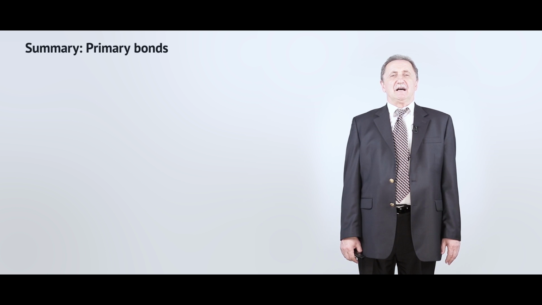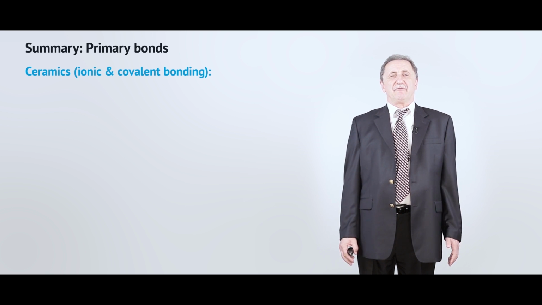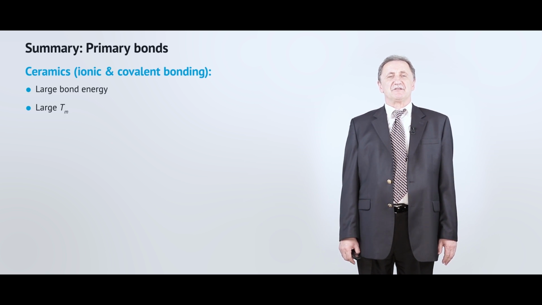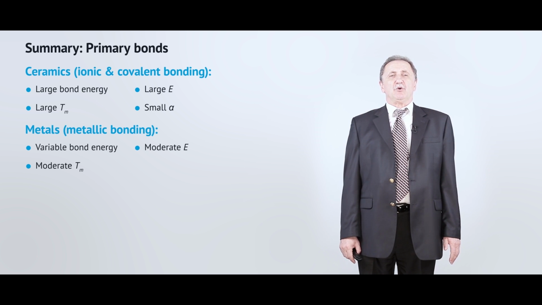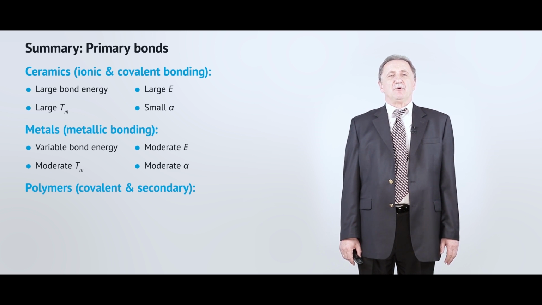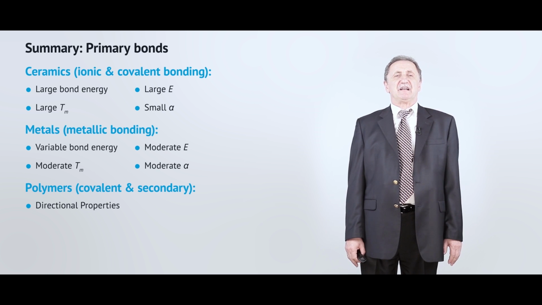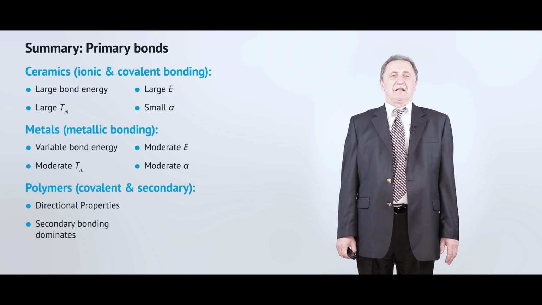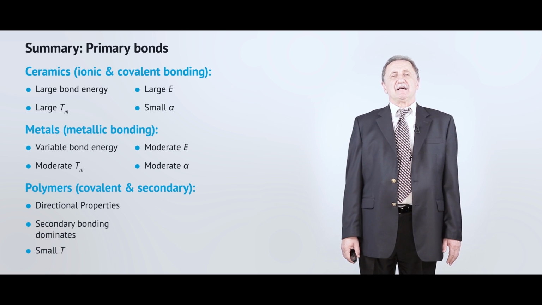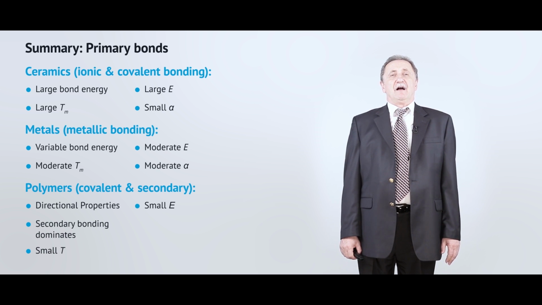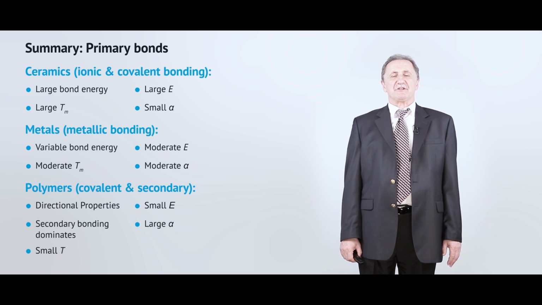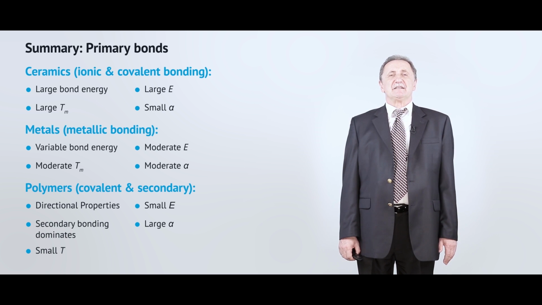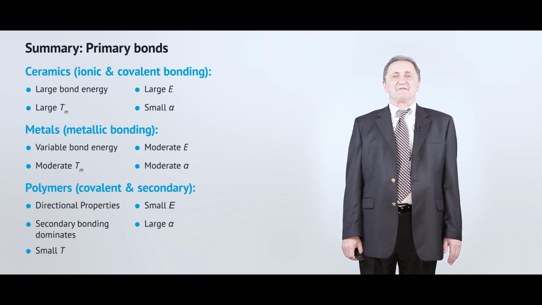So by this, let me conclude the first main idea which we have discussed in this course, the relation between the atomic level of bonding and material properties. Now we know indeed that some types of mechanical property, more specifically the elastic property of materials, as well as some types of physical properties such as melting point and coefficient of thermal expansion, are all defined by the atomic level of structure.